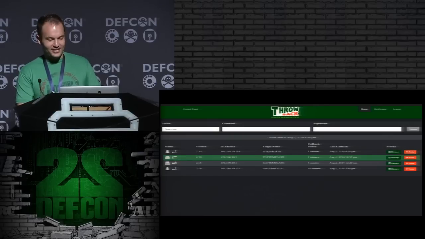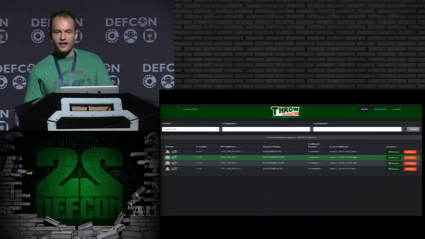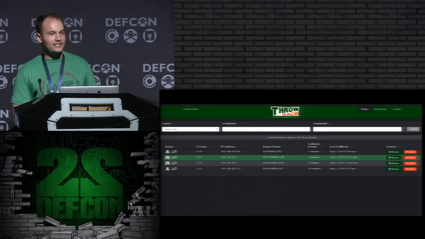All right, well, we'll be seeing a demo of it. This is the interface. So remember that I talked about how there's a control panel written in PHP. So this is how you control all the different boxes that are calling back. You can see in this case there's 4 that are calling back. The first 3 are set to call back every minute. The last one is set to call back every 10 minutes.